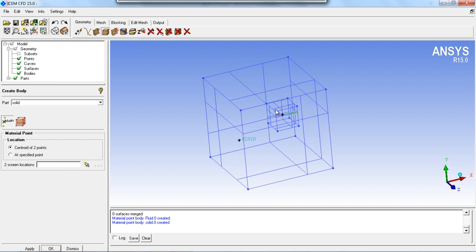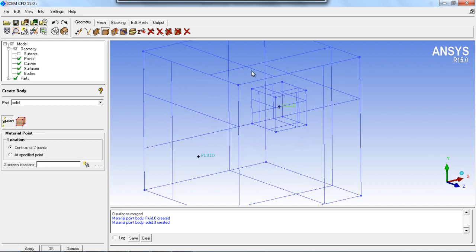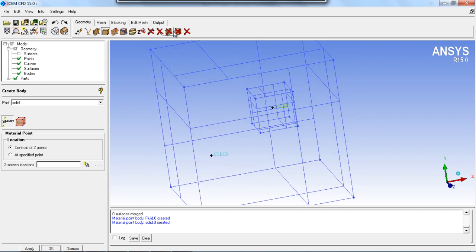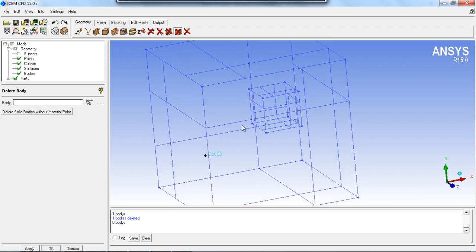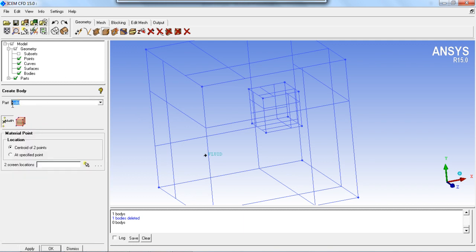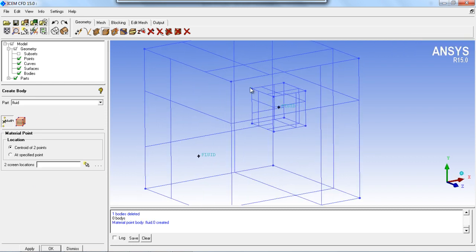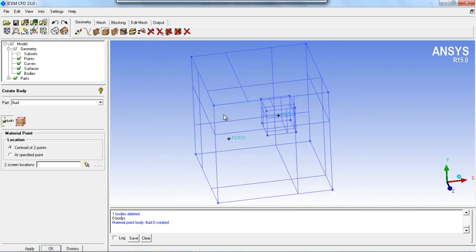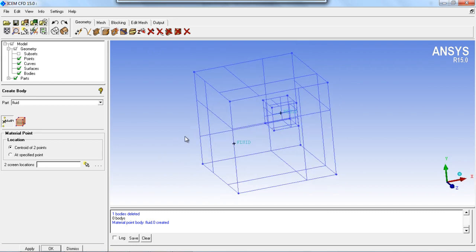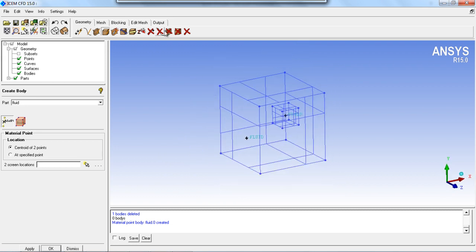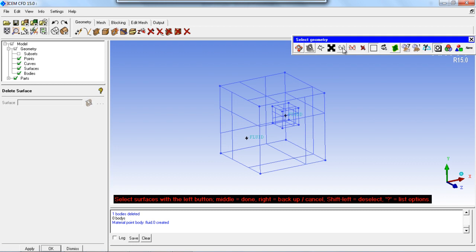So if you want to define, let's say, the unite option, in this case you will have to define both the surfaces as fluid. Now ICEM CFD will not care about the surface of the smaller cube, and it will penetrate the mesh up to the inside of the smaller cube. So this is the way ICEM CFD works with the volumes of the solids. And now you delete everything over here.